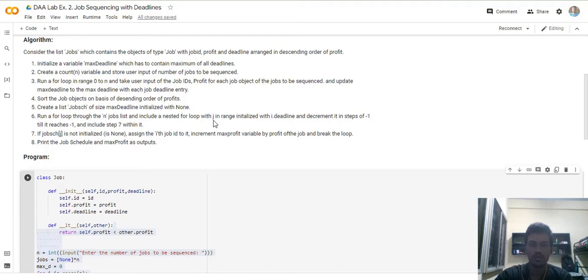and then we run a for loop for the n jobs list and include a nested for loop j in range, where we initialize it with i dot deadline. So for each job i in the range of jobs, we'll be initializing the first loop, the second loop with j in the range of i dot deadline, and then we'll be decrementing it in steps of -1 till it reaches -1. And in that we include step 7, that is if job scheduling